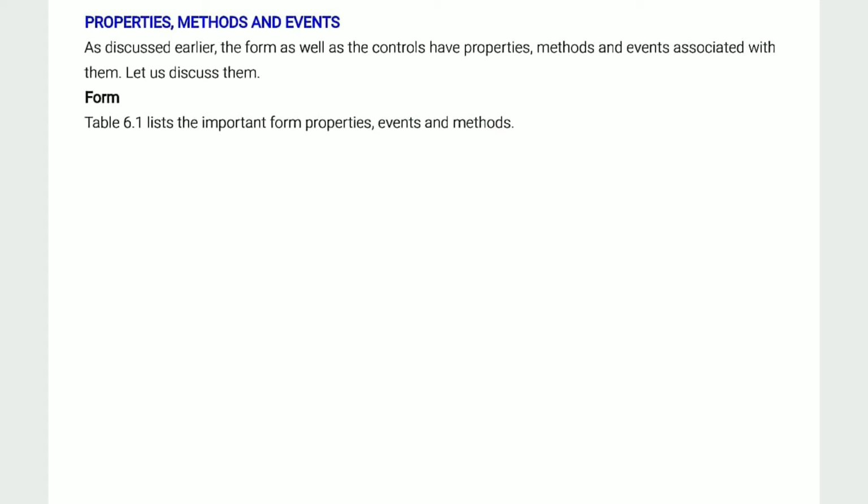Another way to look at methods is that these are pre-written programs that change the properties of an object. Show and hide methods actually toggle the visible property of the object. Methods are called at the time of execution of an application.